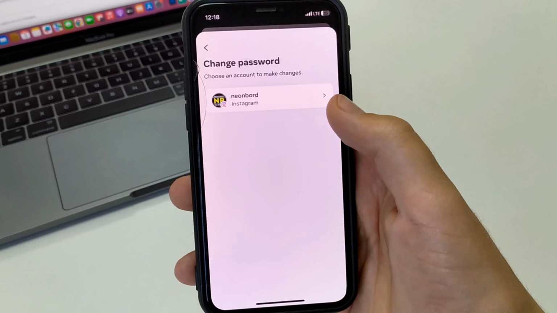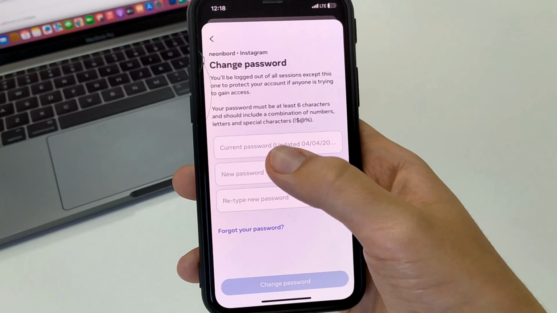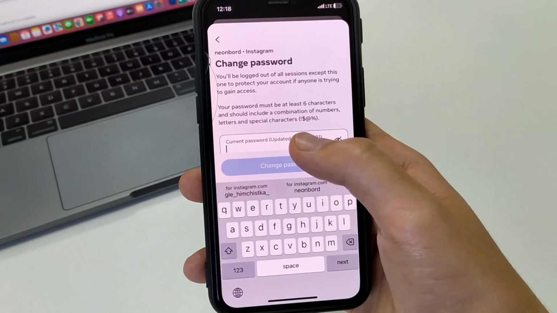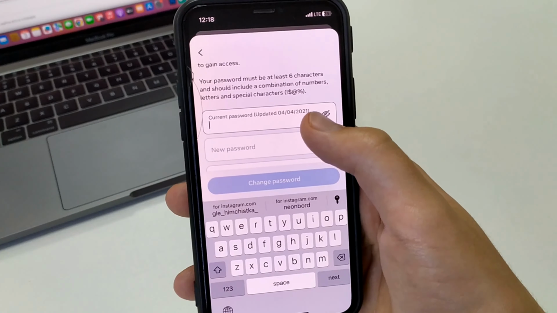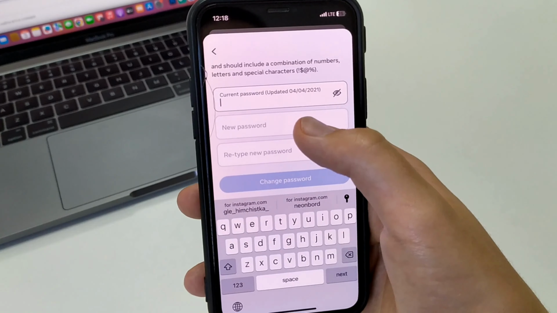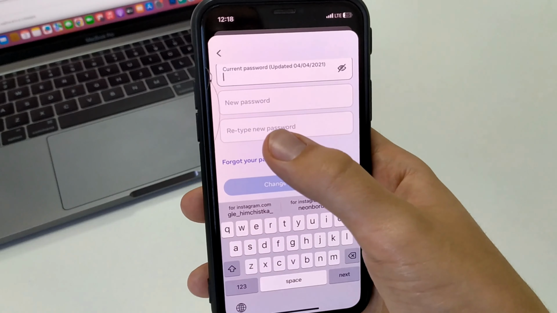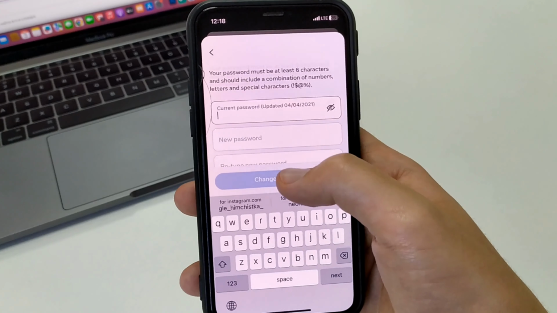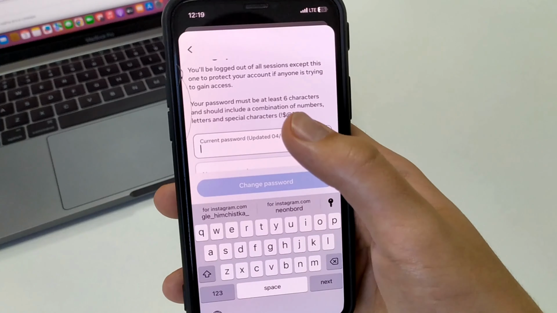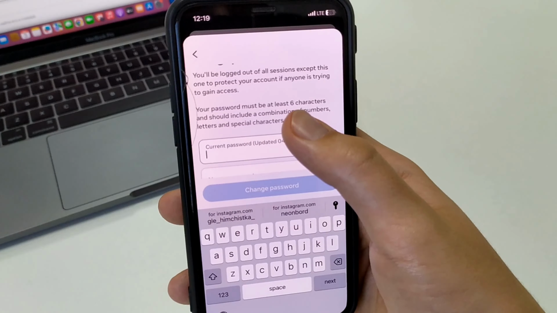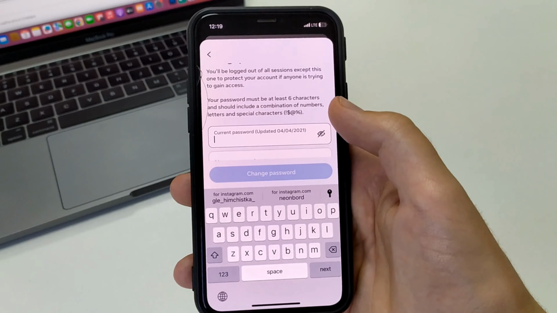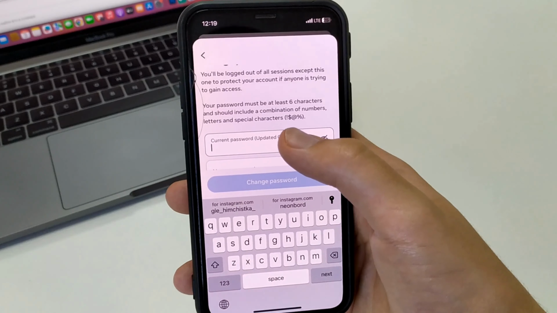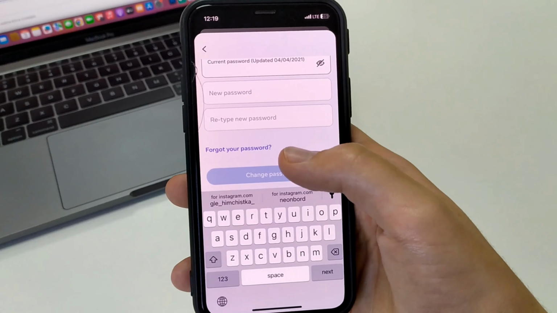And then we need to enter our old password, which was changed for me on 04.04/2021. After that, click New Password. Make a new password and confirm it here. Don't forget that your password must be at least 6 characters long and include a capital letter, period, exclamation marks, dashes, and so on. If you forget your password, you click Forgot Password.